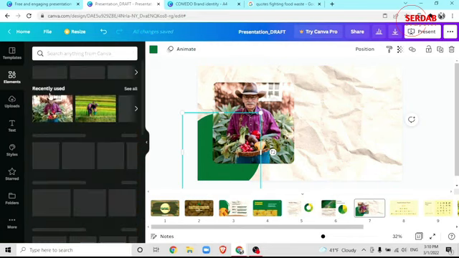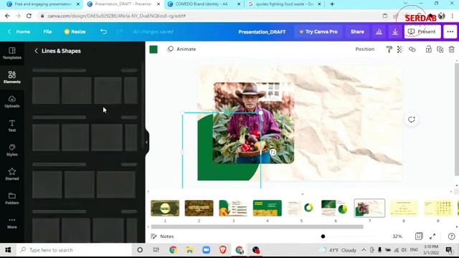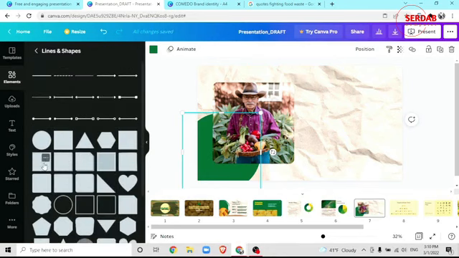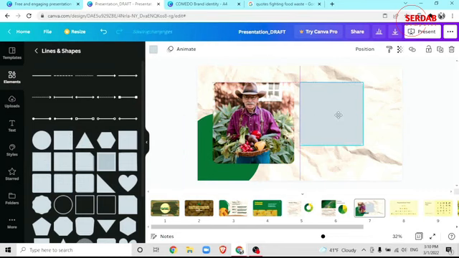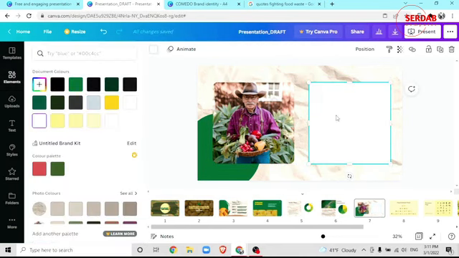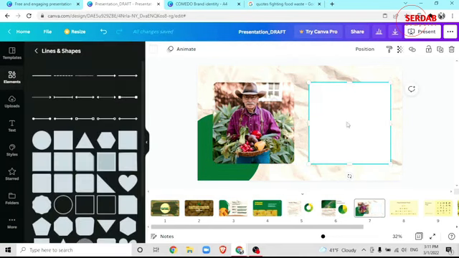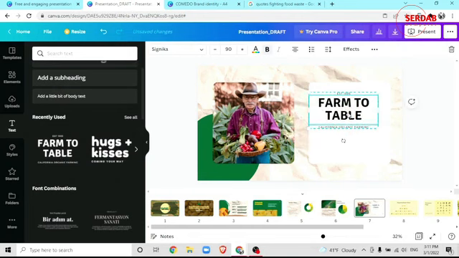So back to elements. And I'm just gonna use the text that I usually save. So this one,